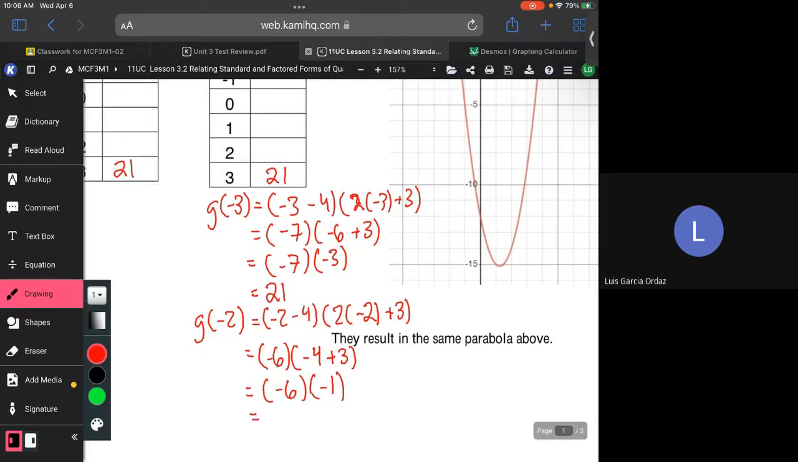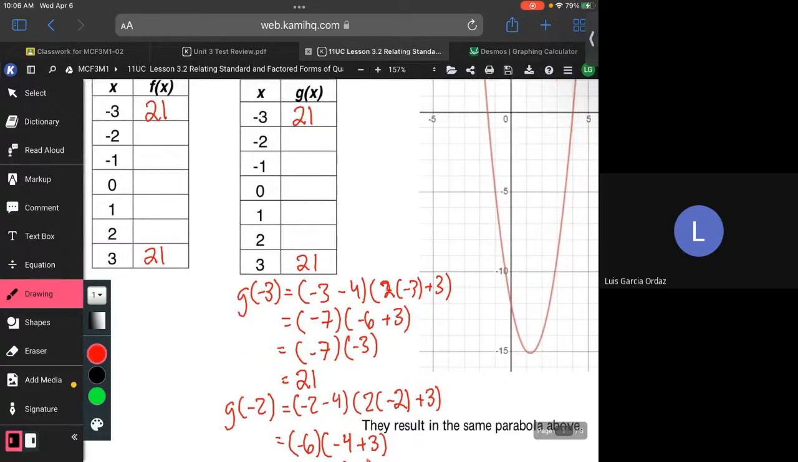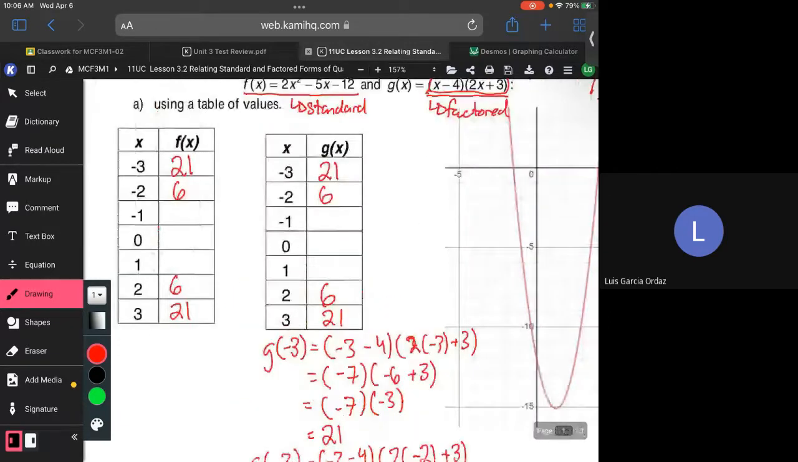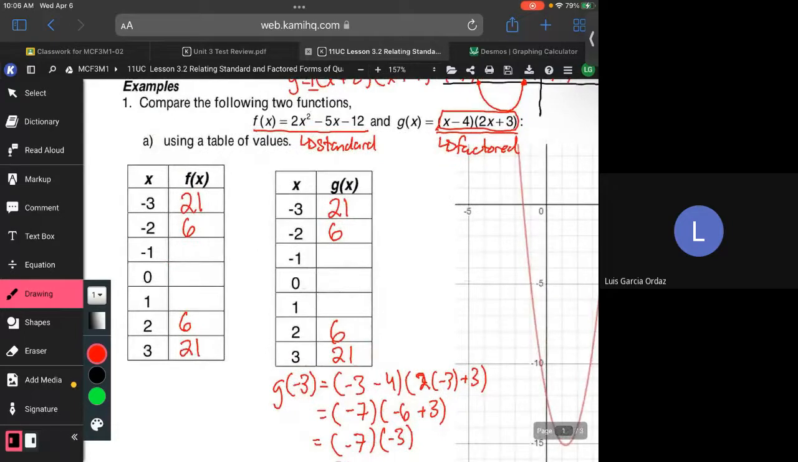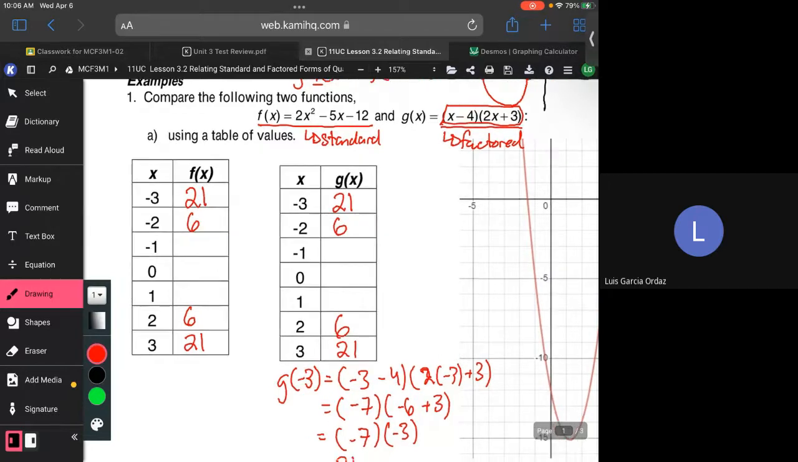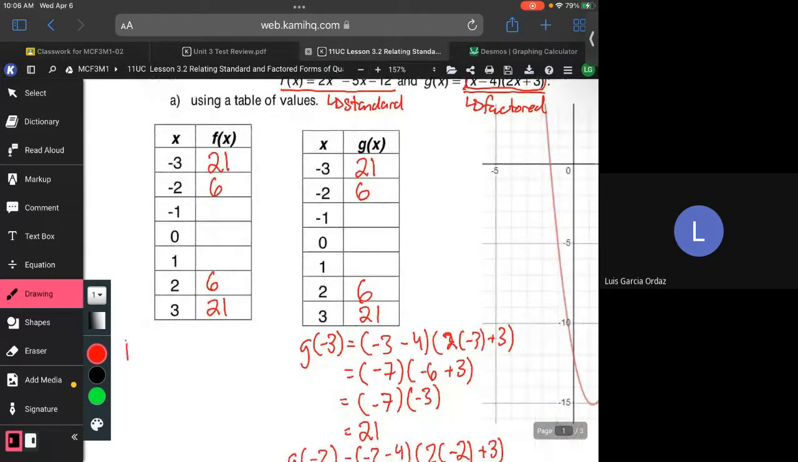So what is my y value at negative 2? 6. So negative 2 is going to have a y value of 6, which means that at positive 2 it's also going to have a y value of 6 because my graphs are symmetrical. So it's going to be positive 6. Do any of you know why the table of values for f of x and g of x are the same? Okay. If I asked you to factor that trinomial,